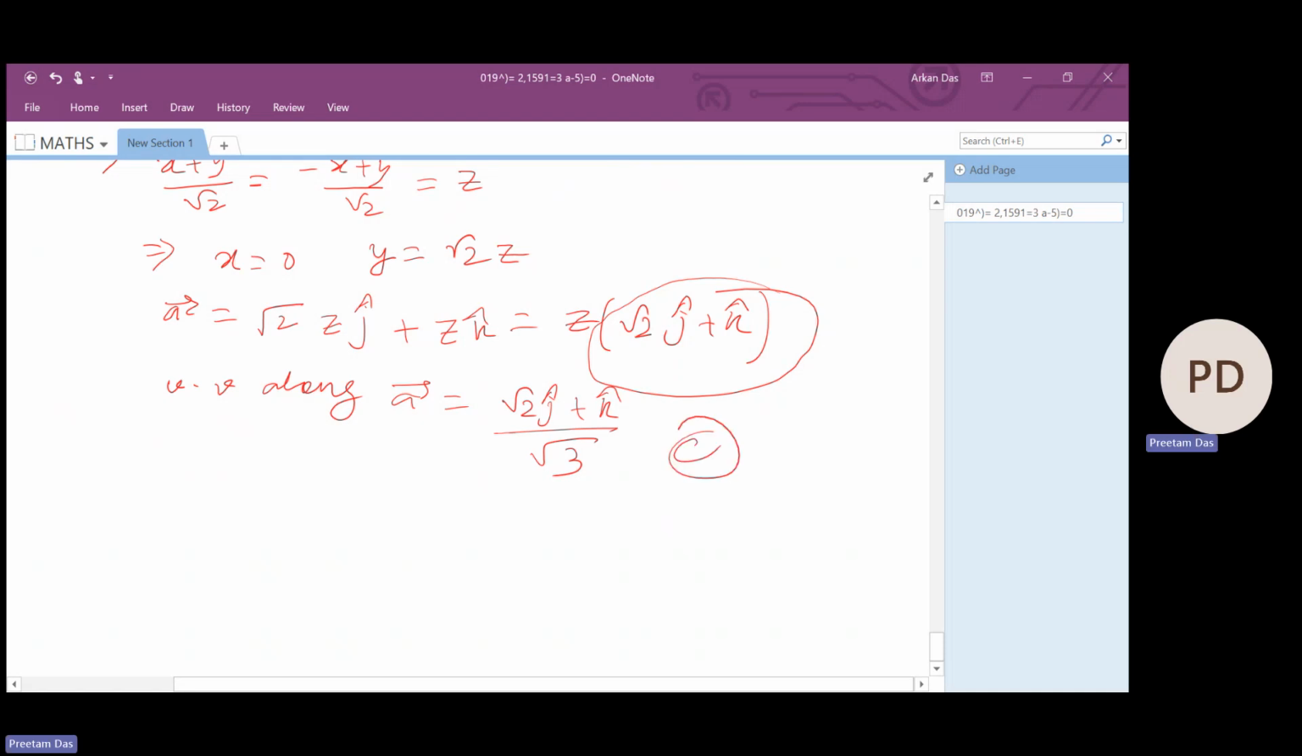Let us see the question number 20. So again, ABC vectors are there, ABCD vectors are there, and the projection of C on A is given to be